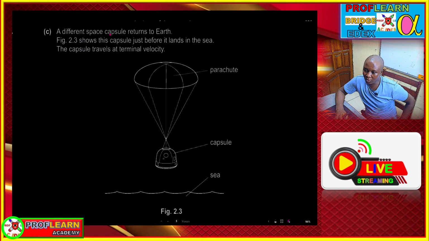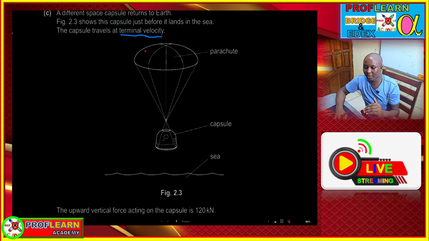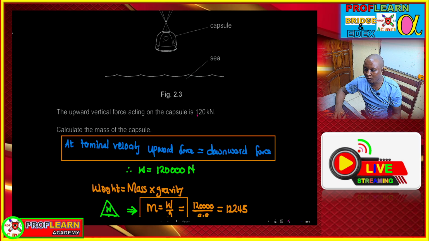And the next part was talking about terminal velocity. You need to understand that an object will move at terminal velocity when upward forces and downward forces are balanced. If the upward force equals the downward force, then there is no resultant force, and that means the object will be moving at terminal velocity. So if this object was moving at terminal velocity and the upward vertical force was 120, then you need to remember that there are forces acting on it. There will be a downward